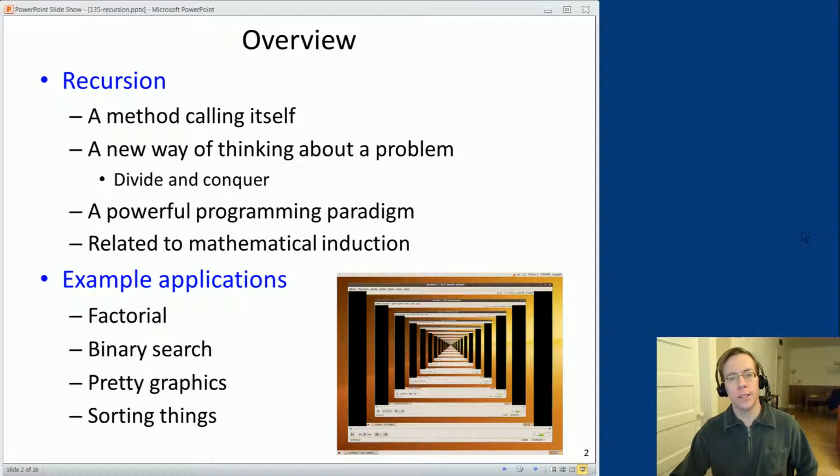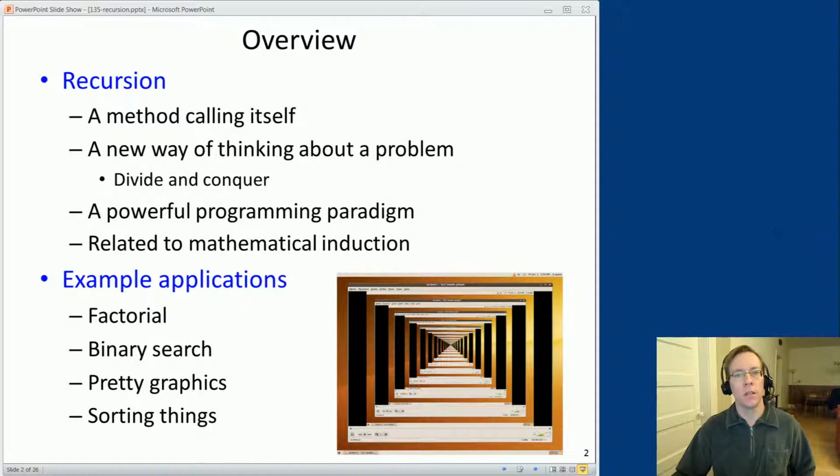So we've already seen that in Java you can have static methods, and the static methods can call other methods if they want. You might be surprised to learn, instead of method A calling method B and then method B calling method C, you could have method A call method A, and that call to method A may call method A again. To the computer it's just the same, whether it's calling a method by a different name or the same method repeatedly,